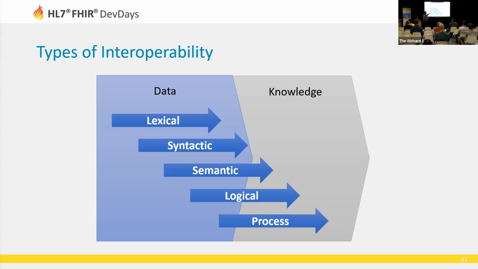And so the next one is logical interoperability. Once I'm sharing the same structures and the same semantics in those structures, then I can start to share expressions about those structures. And that's logical interoperability. And process interoperability builds on that. Once I have,